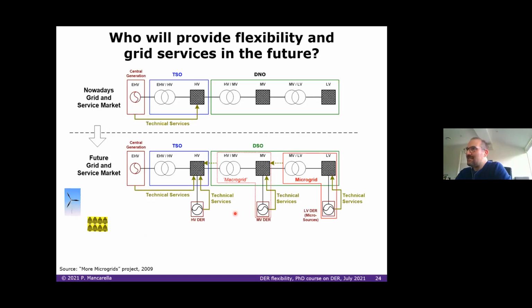And again, it is in this light that you really see the transformation that we already envisaged many years ago. I like this picture particularly. It's coming from the MORE MICROGRIDS project, a 2009 European project led by Professor Hatziargyriou, and I was fortunate to work there at the time when I was at Imperial College. I was leading the techno-economic modeling and system impact studies for the project. And already there, you could see the transformation that we're seeing today, with more and more